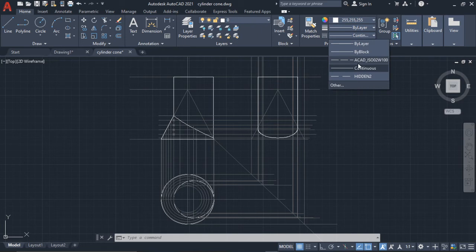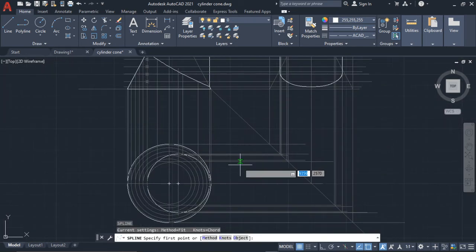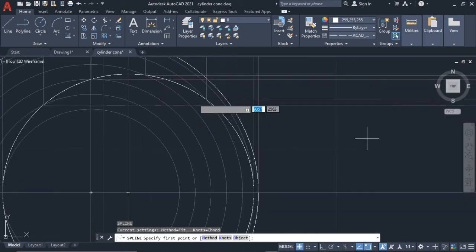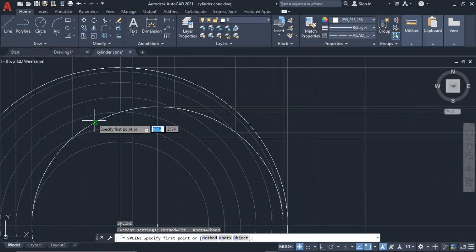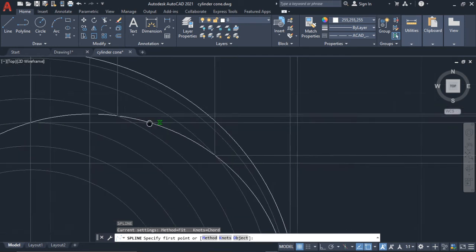So let me select my broken lines. I'm going to select spline again. And I'll do this. So what we need is sections. If you're looking from here, we use these lines. These are the lines on the front section. So now we need the lines from the back section, which would be the first line from the back section of the drawing, this line here. All right. So this line here comes across,